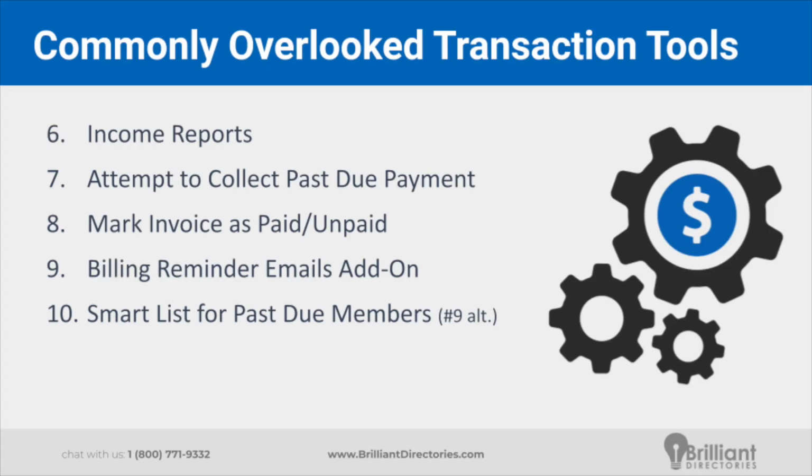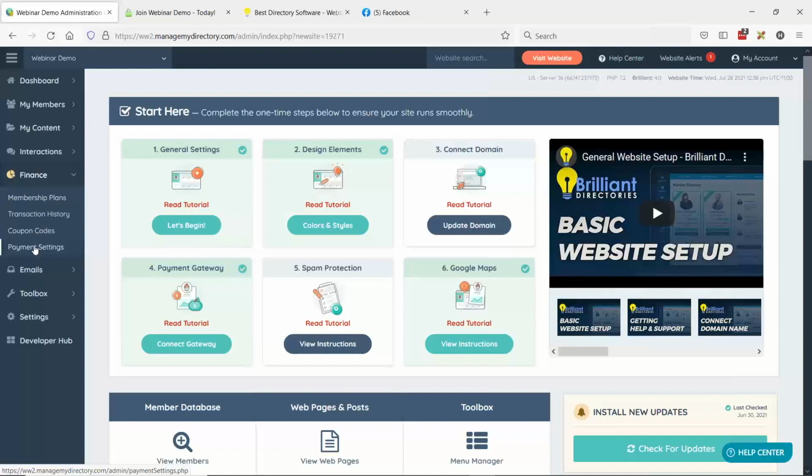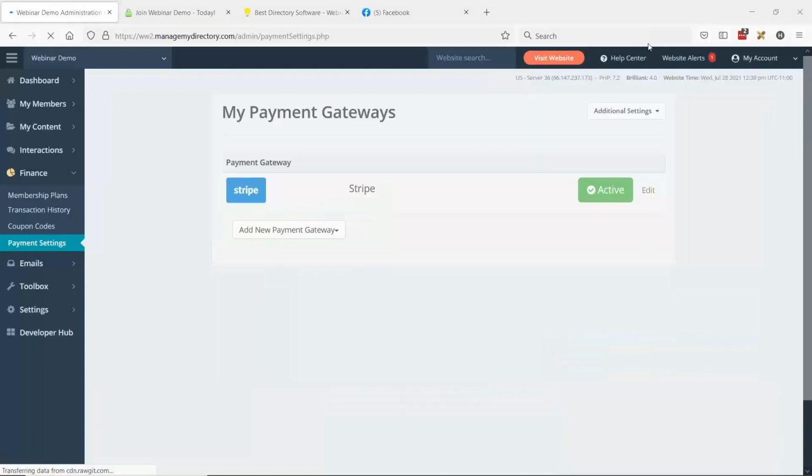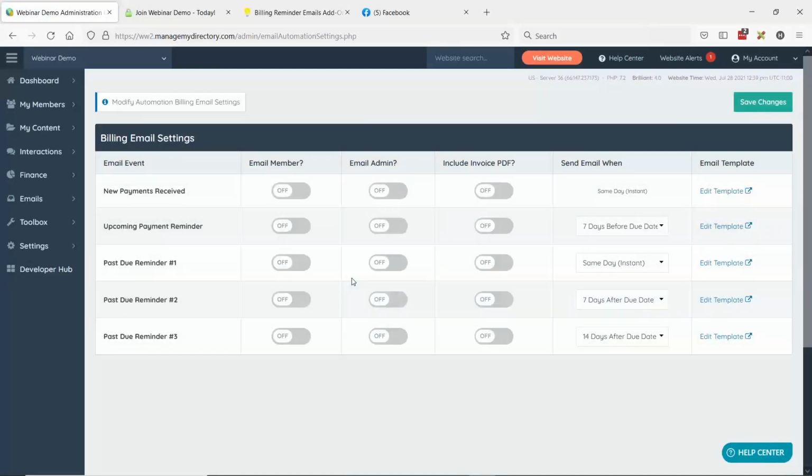Okay, the next one, number 9, the billing reminder emails add-on. This one is really cool. So what we can do is go to payment settings. Under your finance tab in payment settings, if you have this add-on, we'll go to billing email settings. We've covered this in previous webinars, but you can choose to send emails to your members when certain events happen. When new payments are received, in that moment, you can choose to email your members a copy of their